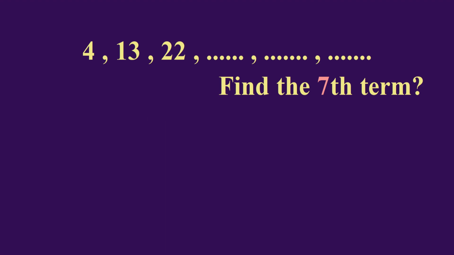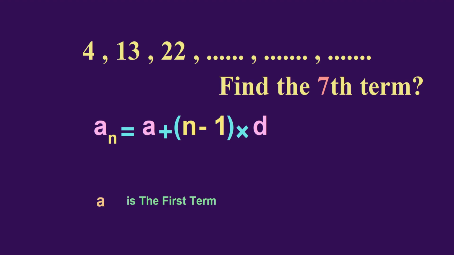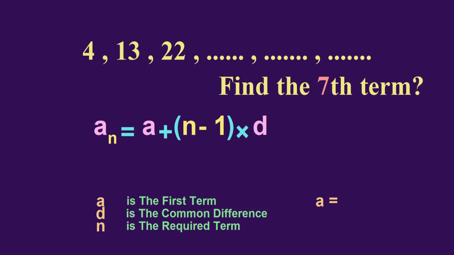In this method, we use the formula an equals a plus n minus 1 times d, where a is the first term and d is the common difference and n is the required term. From our problem, the first term a equals 4 and the common difference d equals 9 and the required term n equals 7. We substitute into the formula the values of a, d, and n, and we get that